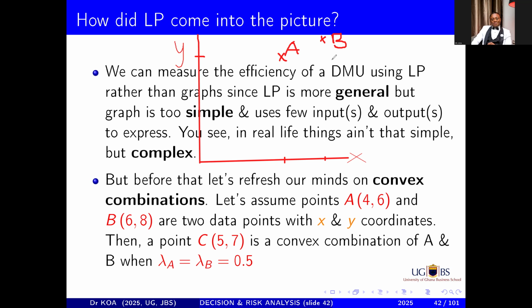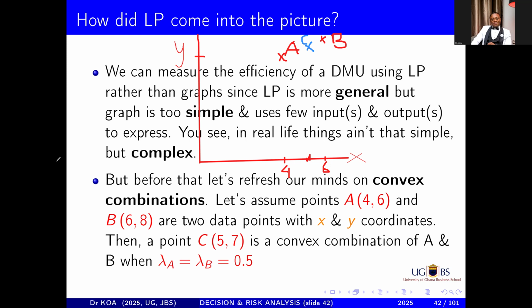Now, if you look at the content here, there are two data points. You've got an X and Y coordinate. Then let's identify point C. If you check carefully, point C is 5 and 7. 5 is between this 4 here and this 6 there, so 5 is going to be in between. And then we have 7. 7 is also going to be in between the 6 and the 8 for the Y variable. So that is going to be somewhere there. So if I had to identify what this variable is, I will put something like C somewhere here. Okay, that's C. And so we can draw a line,